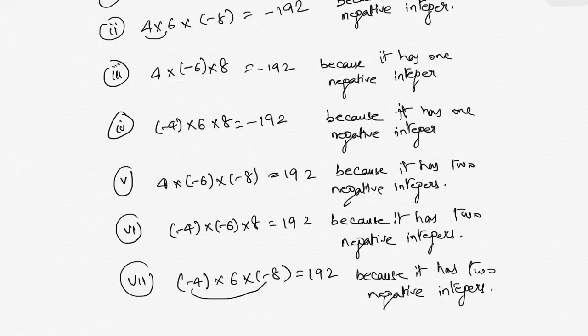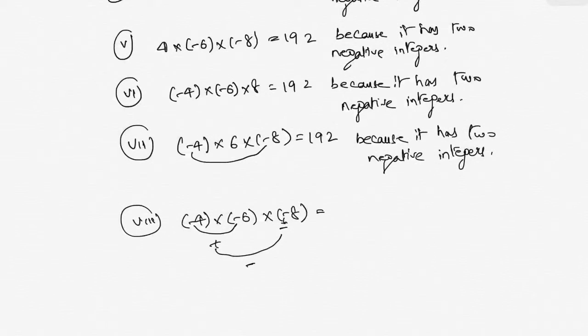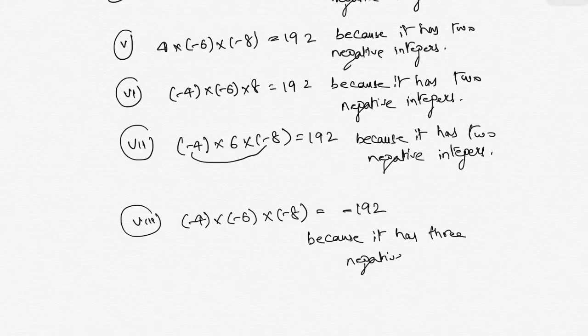Now let's see the eighth problem. Minus 4 into minus 6 into minus 8. Minus into minus is plus. Here this is minus. This minus is here. Now plus into minus is minus. So this is minus 192 because it has three negative integers. Okay,